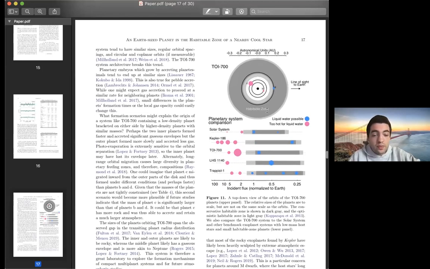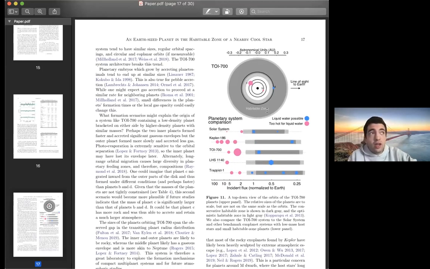But to me, I look at this and I have a very intuitive sense of what the system looks like. And they talk a lot about one of the ongoing questions in exoplanet astronomy, which is how exoplanets lose their envelopes based on how irradiated they are by the host star. So one big theory is that extreme ultraviolet radiation from a host star can blow away the initial primordial envelope